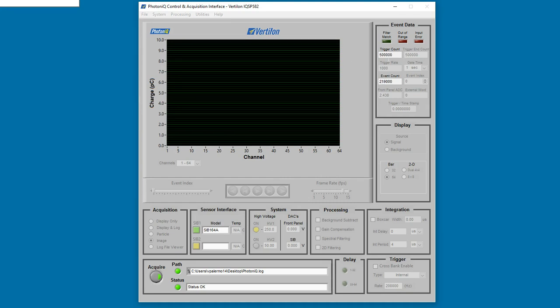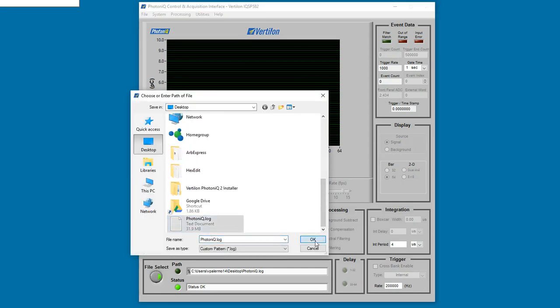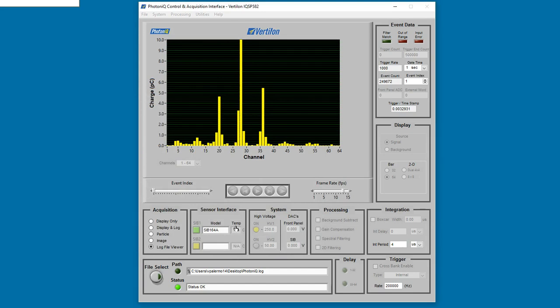You can see it's counted its 500,000 triggers, and it took all the data. Missed a few events because it was going so fast, and this data is arriving randomly. And it stores it in a file. So if we then come back and play back that file, what you see here,